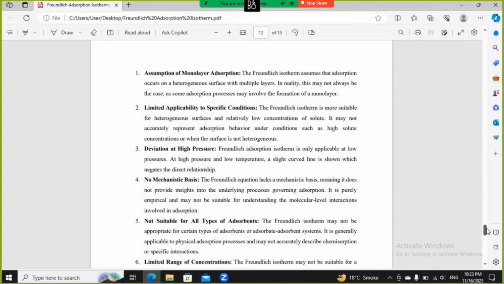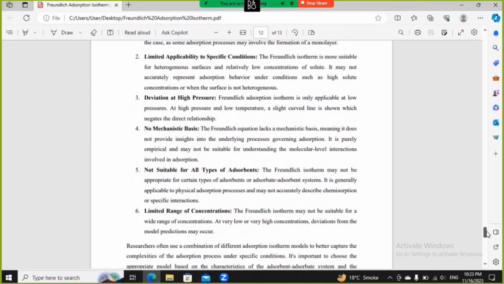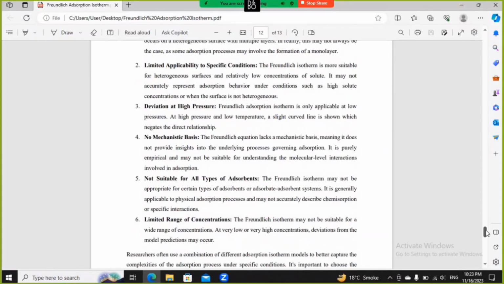Let us discuss them. The first limitation of Freundlich isotherm is the assumption of multilayer adsorption. Since Freundlich adsorption isotherm assumes that adsorption occurs on a heterogeneous surface with multi-layers, but in reality this may not always be the case, and some adsorption processes may involve the formation of monolayer. The next limitation is